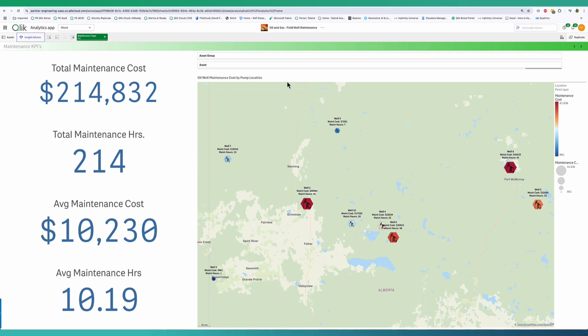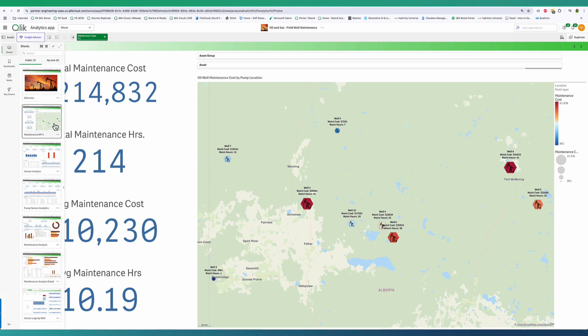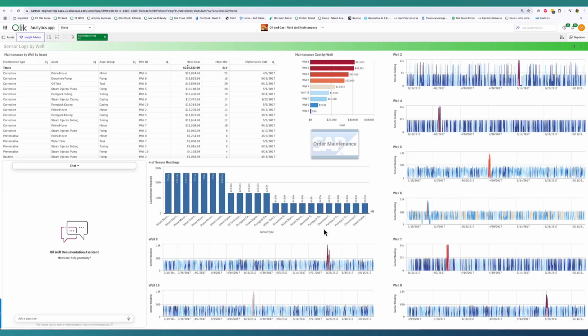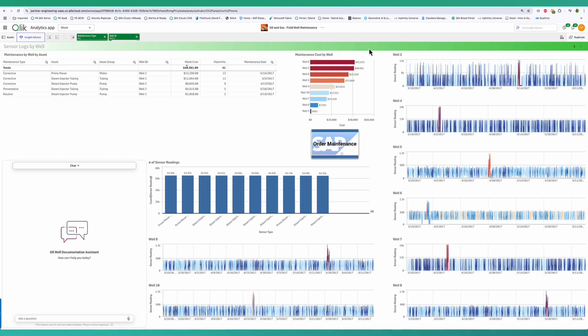And this application's got a lot of information that we might want to look at. Sensor analysis, pump sensors, maintenance analysis. But let's go ahead and jump down to maintenance by wells. We want to see if there's anything going on with these different wells. And if I take a look specifically, let's go ahead and take a look at well 2 and focus in on that. We can see that there's a lot of noise going on with the sensors in well 2. And what we can see if we take a look at this is where are the issues, prime movers and